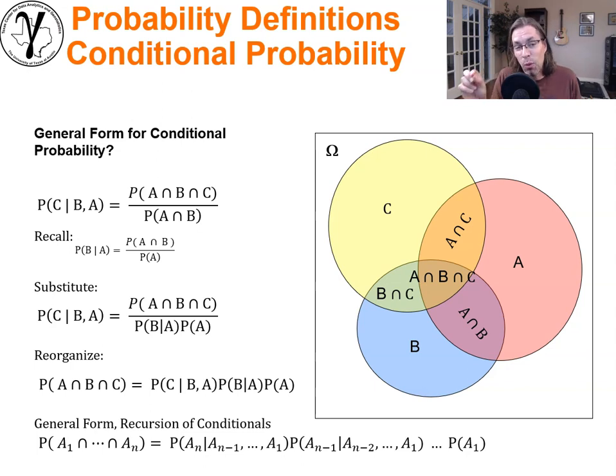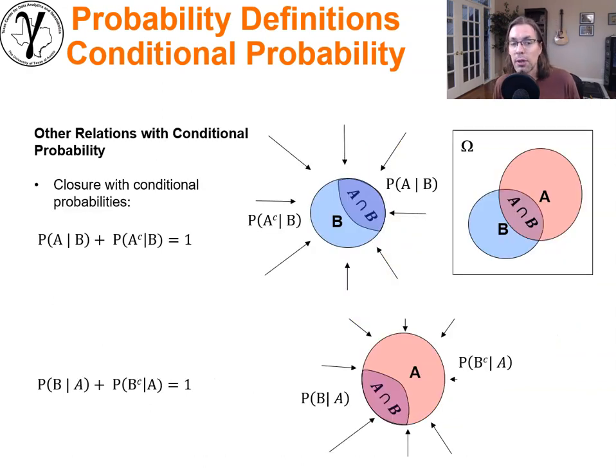Okay, so we went a little deep right there. We got into something a little bit more complicated. If you understand this, you're going to be getting pretty powerful on these conditional probabilities. Okay, so let's make sure that we understand what we're doing. We'll finish up with a little closure in conditional probabilities, and then we'll do an example.